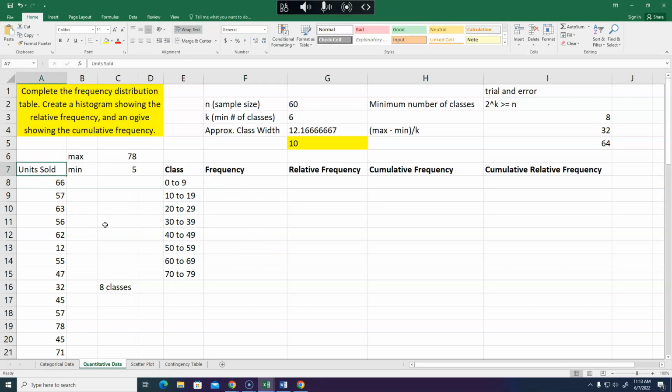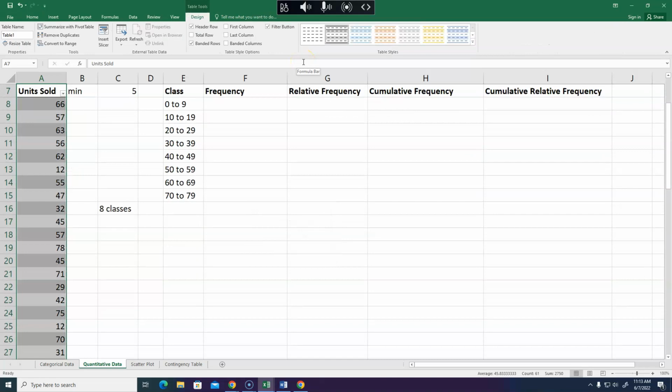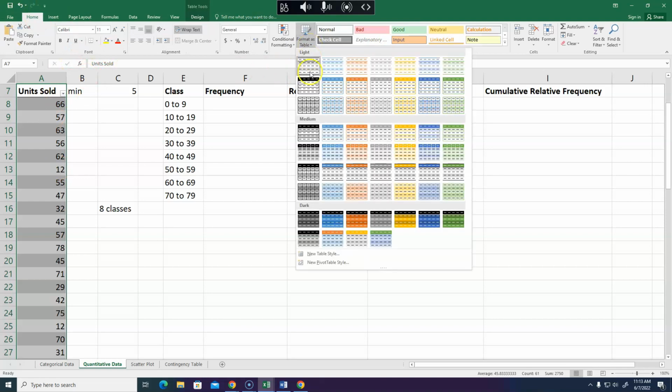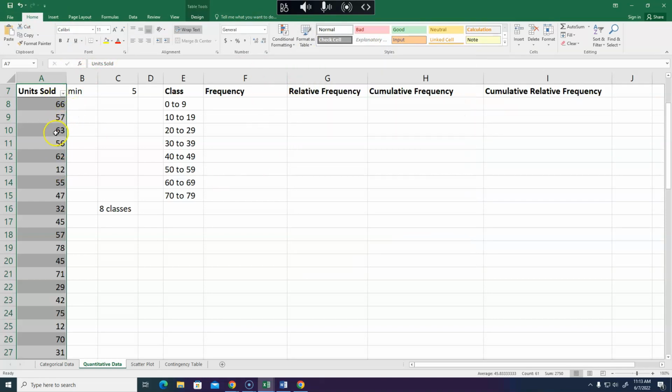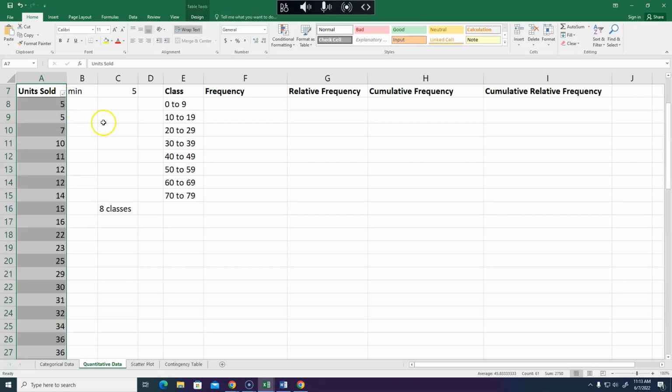We can turn our data here into a table. Right? So we selected our data, and then we went to Format as a Table, and we have our data in a table form. Once it's in a table form, we can sort it. So if we sort from smallest to largest,